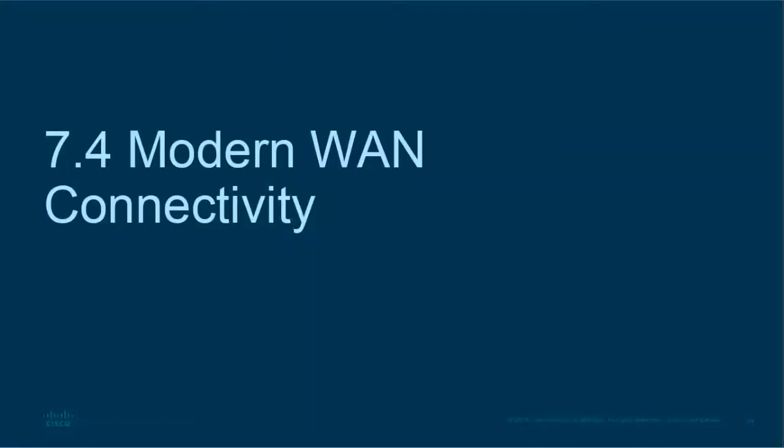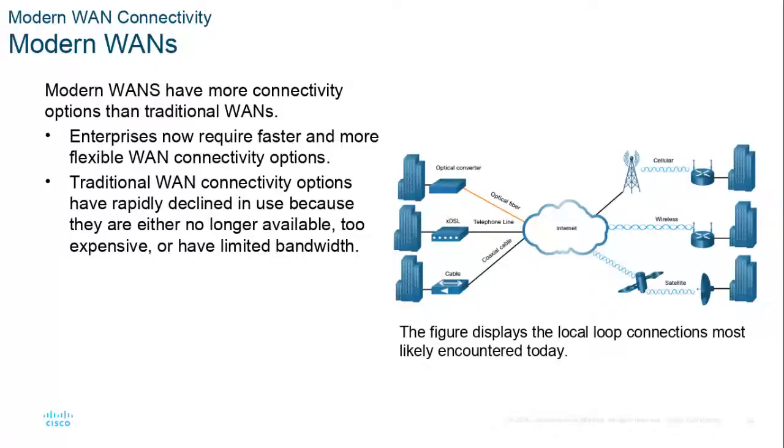Now, modern WAN connectivity, we're going to use the internet and connect pretty much to everything else. Of course, we need an internet connection for our company to connect to the internet, so we can get connections from our customers, and we can send email back to our customers and our trading partners and so forth. So the traditional T1 lines and dedicated lines have pretty much been replaced by internet connectivity.